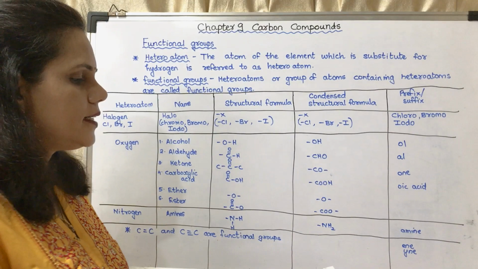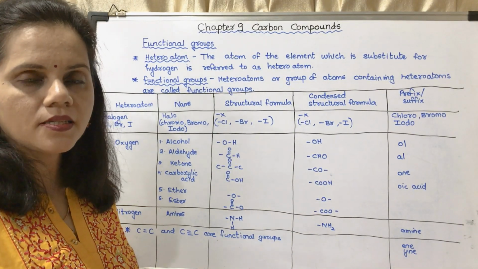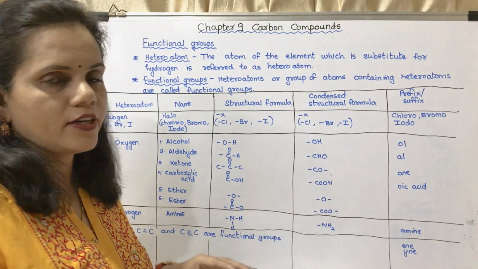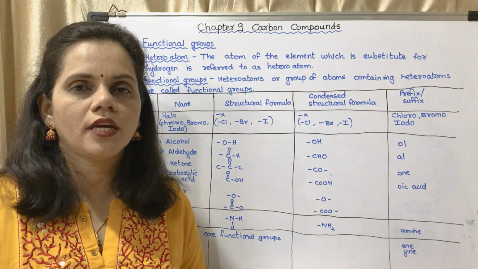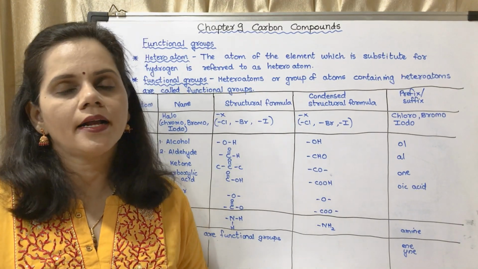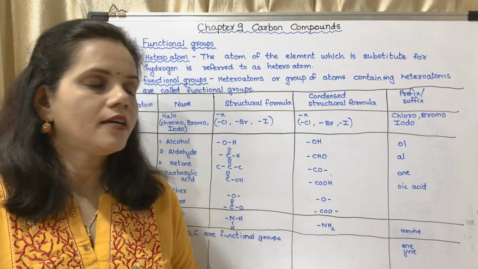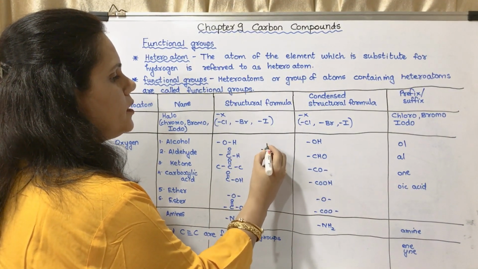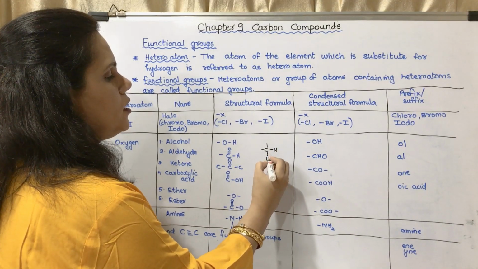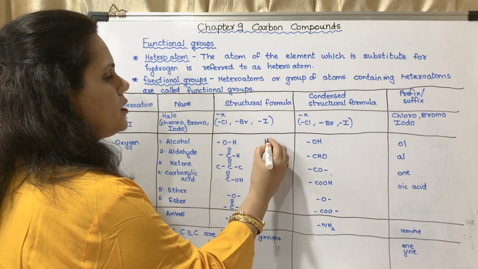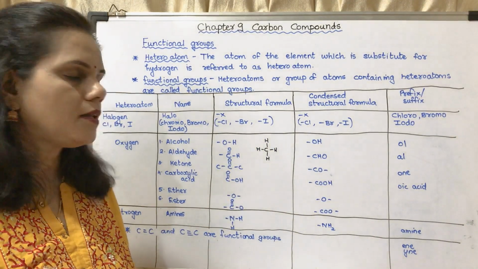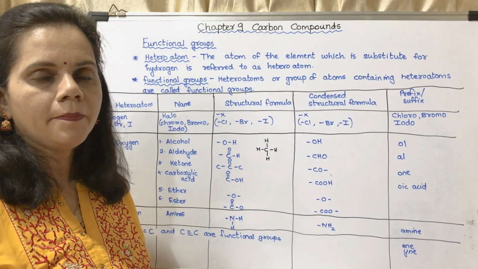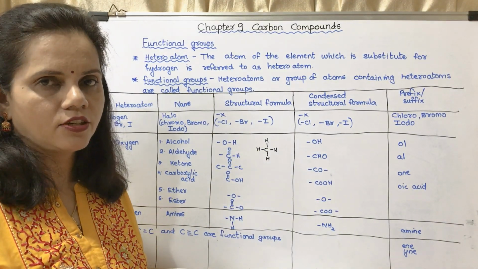Now we have studied the structures of hydrocarbons. When we studied the structures of hydrocarbons, you saw that you were drawing only carbon atoms and hydrogen atoms. We started with one carbon. I will draw an example here. One carbon with hydrogen atoms on all four sides, forming single bonds with hydrogen. Okay, so this is the smallest hydrocarbon.